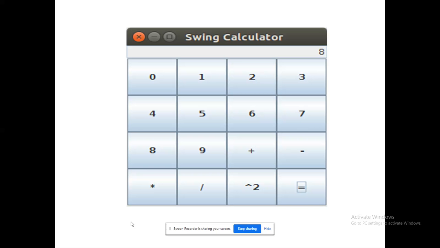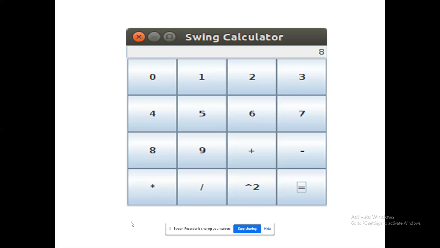So event handling also is there, because when I click the equal to button, it will give the result of the operation performed using the operands and operators I have used before clicking the equal to operator, right? So that's the case. That's the primary case, that I have to use button. I have to use the number of buttons. I have to incorporate event for button. Okay, these three things are mandatory.